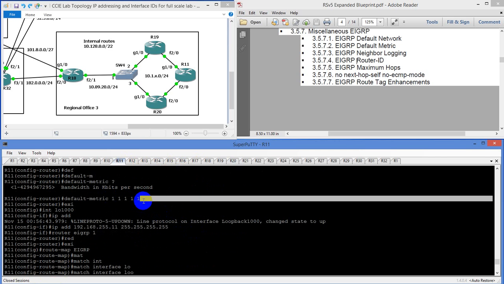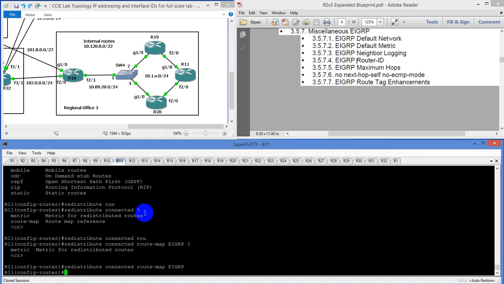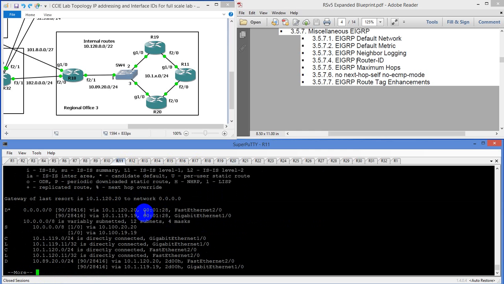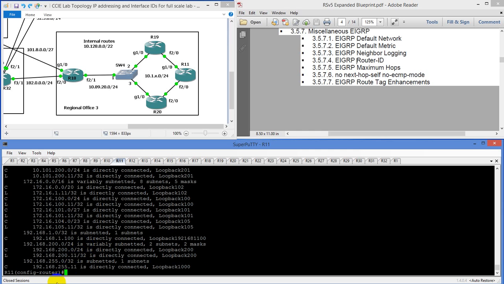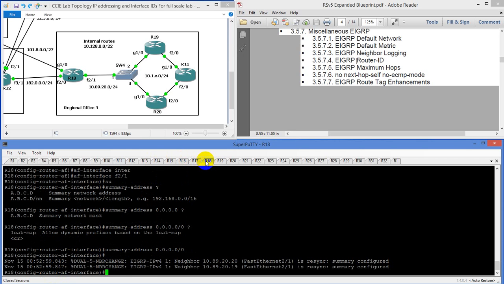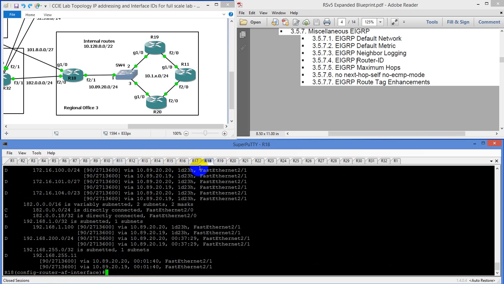That should be a really, really bad metric. So let's do a show IP route. It shows up as a connected route. What about 18? What does 18 see it as? 18 sees it as a connected interface